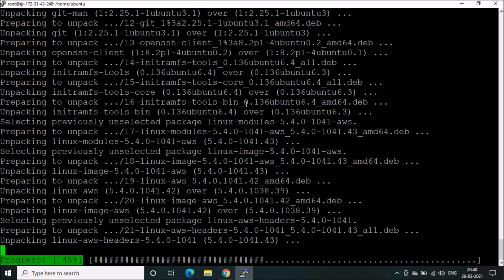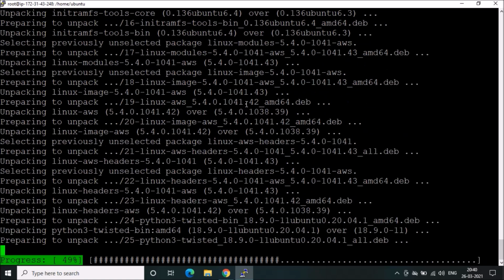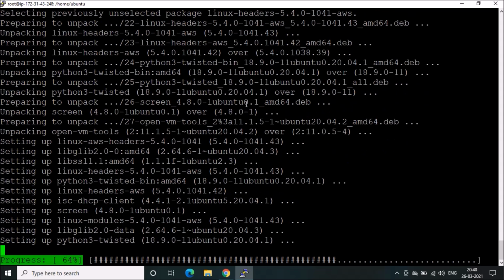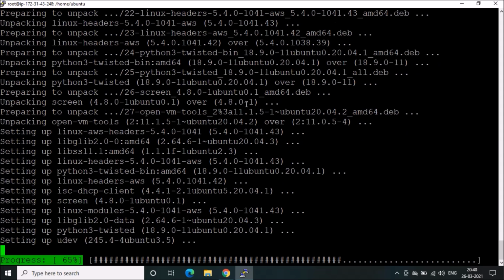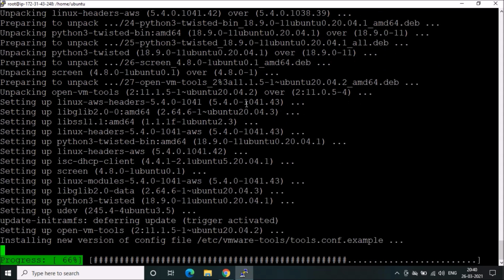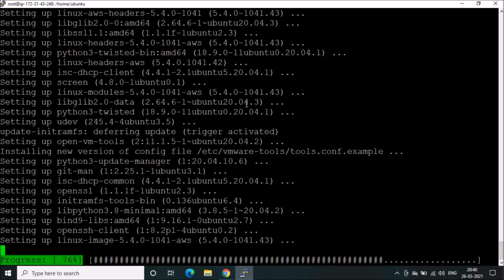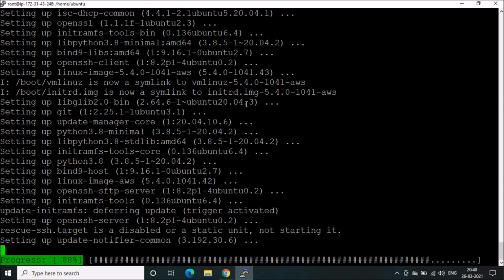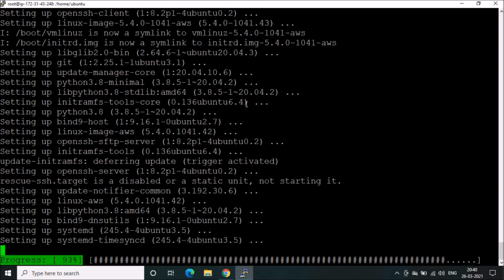So it is updating now. You can host a dynamic website also if you want to deploy a dynamic website like a PHP, CI or Laravel website.